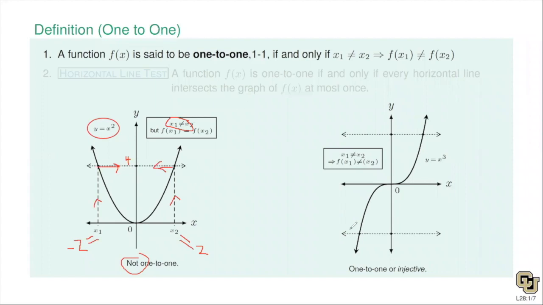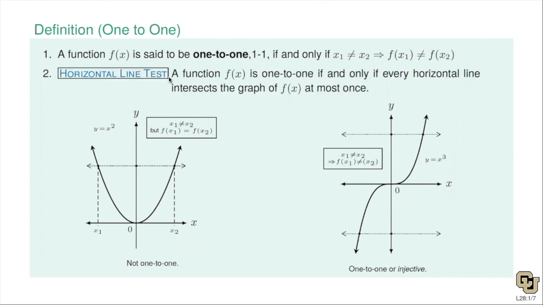And if you compare it to the graph here on the right, which is y equal to x cubed, this function is one-to-one. Here you can pick any input, go up to the function, find the output, and it'll always be unique. There will never be any other input that will go to that output. Pick any input, find the corresponding output, that output will be unique. That is to say, there's no other input for this function that'll give you that specific output. And so